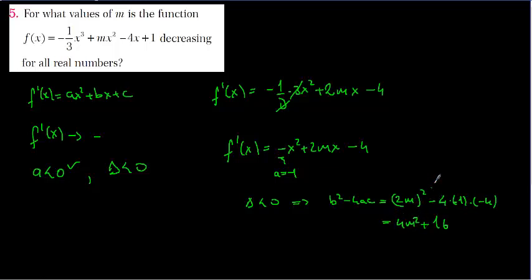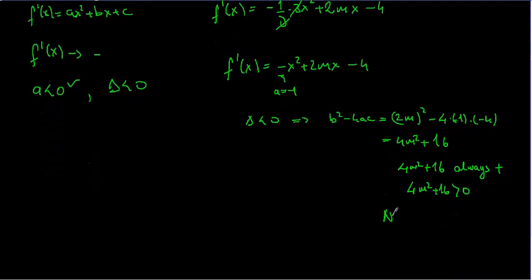And here we have another problem, because 4m squared plus 16 is always positive, because 4m squared is a positive number, 16 is a positive number, it means that 4m squared plus 16 is always greater than 0,